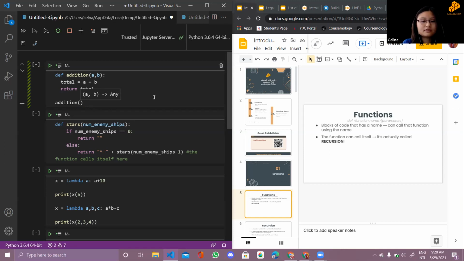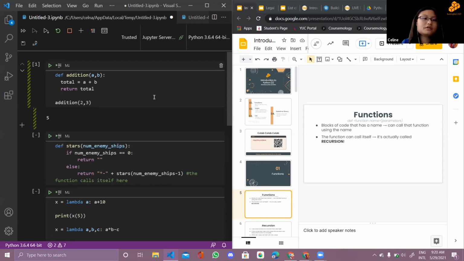So for now, let's say I want to call addition and give the parameters A as 2 and B as 3. Then if I run it, what this does is that basically,